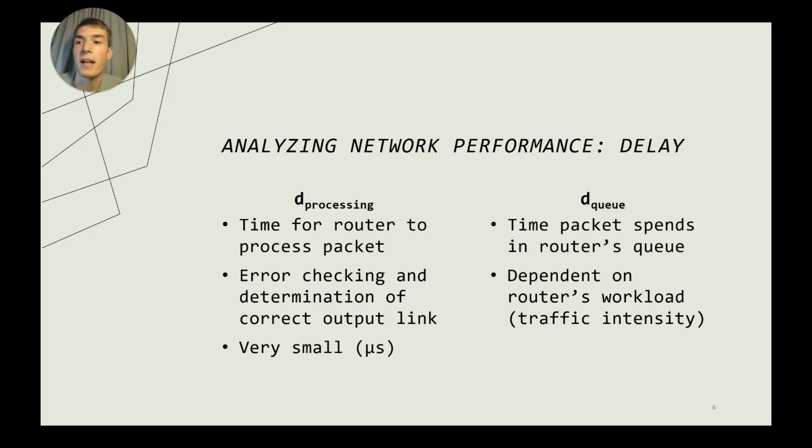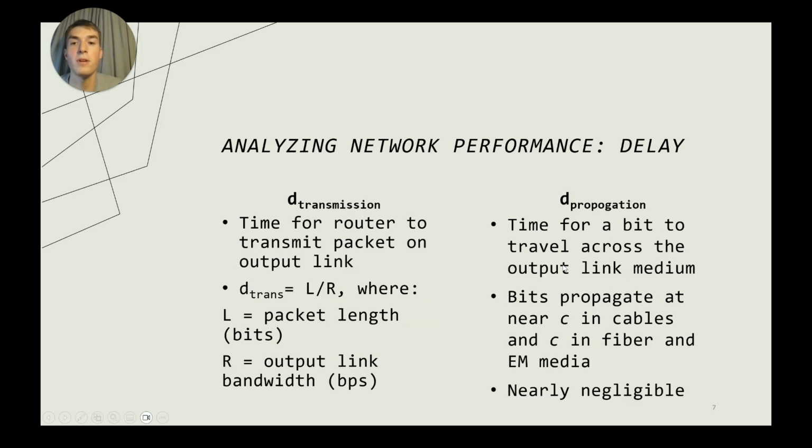And so it's the time the packet's going to spend in the router's queue, and this is going to depend in turn on the workload, on how many packets are coming into that router versus that router's ability to put those packets out toward their correct destination. The transmission delay is the time for the router to transmit the packet onto the output link. You'll remember that this is synonymous with bandwidth. And so the transmission rate, or the bandwidth, is going to be